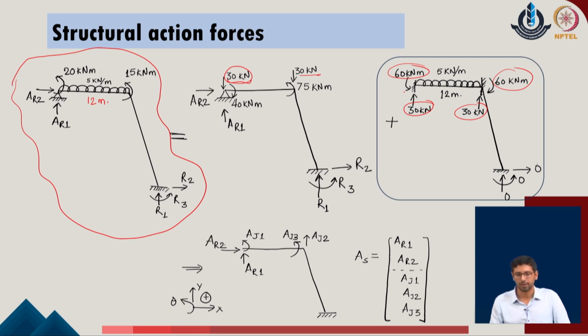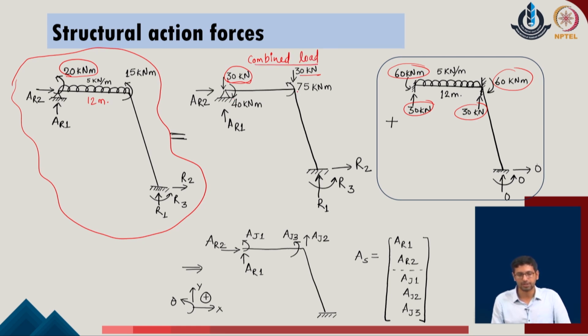Corresponding to this moment of 60, we have provided here the moment again in the opposite direction of the 60 amount, but we also have an active moment of 20 kilonewton meter on the given system. So, we added the contribution due to that, and that is where it becomes a combined load system of the given problem.